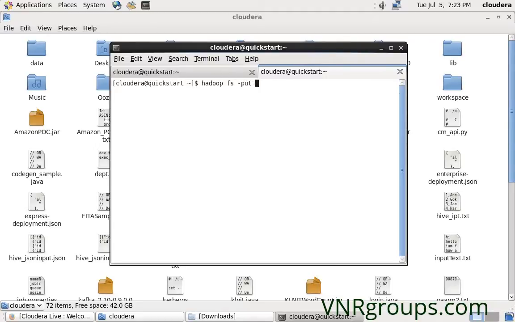My file name is hive_ipt.txt, and this file is in the current present working directory, so I need not mention its absolute path. I'm going to place this file in the Sri folder in HDFS.